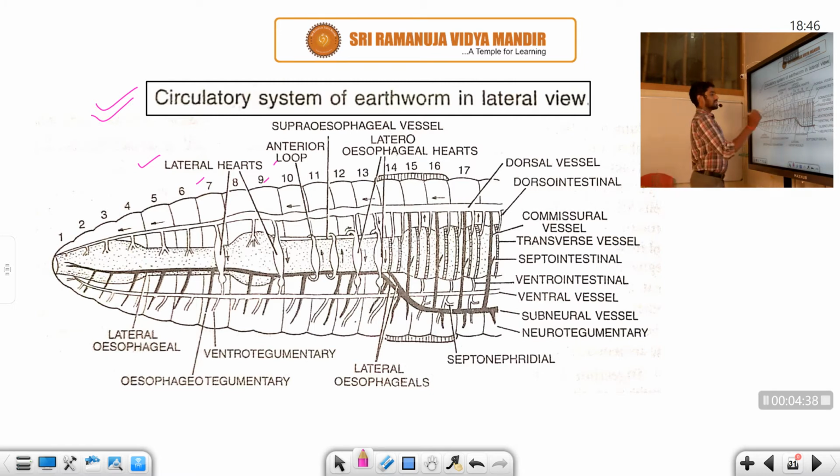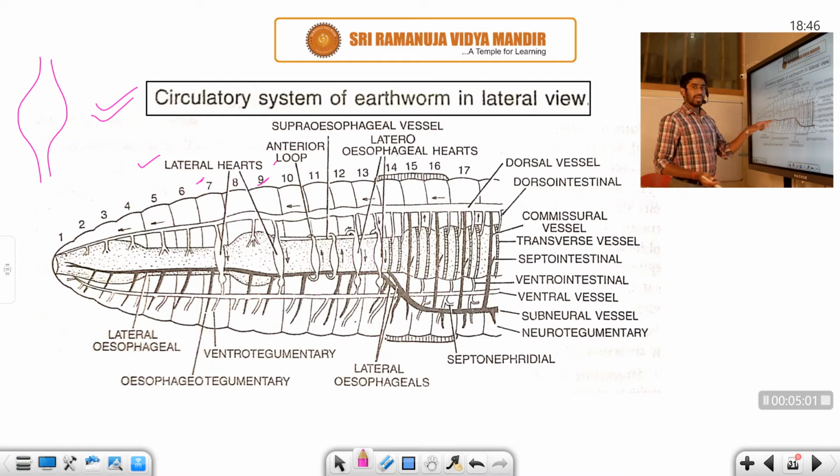So student, you can see this is a heart now. This is a lateral heart design. You can see the 7th segment is present, and the 8th segment is also present. So student, you are observing that in the 7th and 9th segment there is only one pair, and on the opposite side, this back side, one more pair is available.